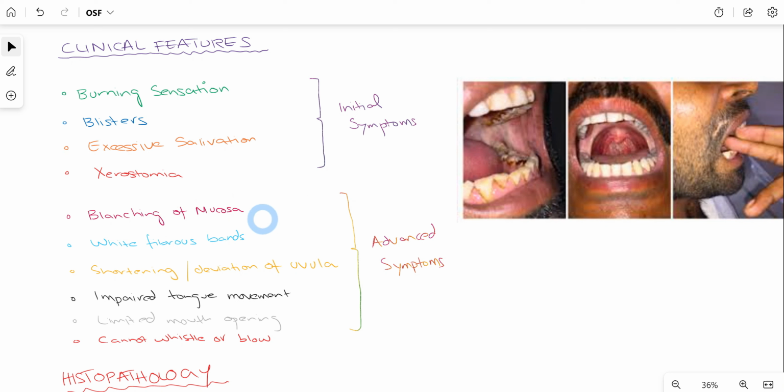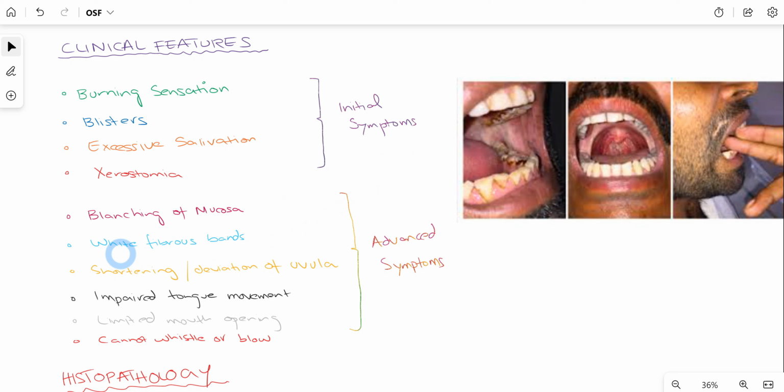Now, blanching of mucosa is a clinically important sign that is found by the dentist because there is increased fibrosis. This increased fibrosis then leads to obliteration of blood vessels, which basically give the oral mucosa its reddish or pinkish color. So since there is excessive fibrosis, when a dentist stretches the mouth of the patient, it leads to whitish discoloration of the oral cavity. As you can see, this white appearance is the blanching of mucosa, which is a very important sign in patients suffering from OSF.